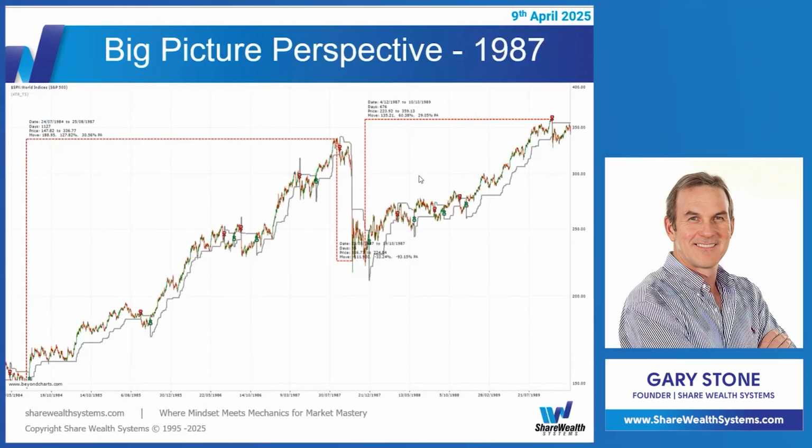Let's go to 1987. Now, the first thing is that the last slide I showed you was in the middle of a secular bear market, and that actually was the thing that took the price action from a secular bear into a secular bull. In 1948, 49 it broke out the top, and then we had this massive secular bull market that came out of that. Now, 1987 was in the middle of a secular bull market, not in the middle of a secular bear market.